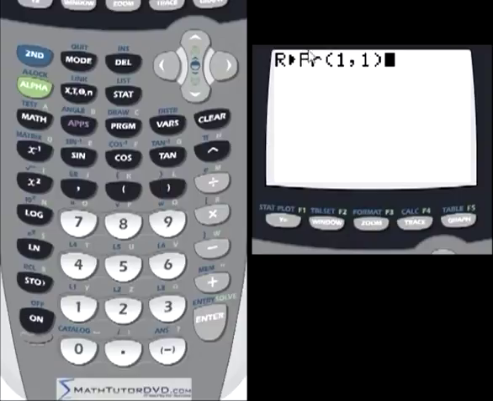And so what it's asking me for, rectangular number of 1, 1, let's convert that to polar, but it's going to return for us r, the magnitude r, because remember in polar coordinates, it still takes two numbers, but r is the radius from the origin, and theta is the angle from the x-axis. So the calculator came back and said, look, the radius, if you go into polar coordinates, is 1.414. The reason